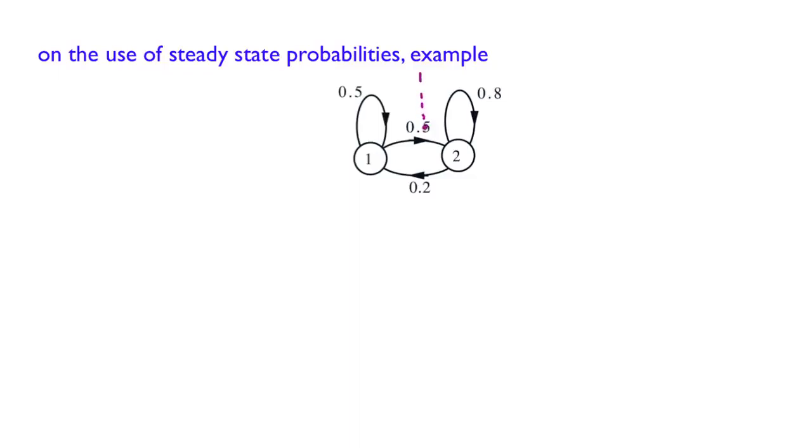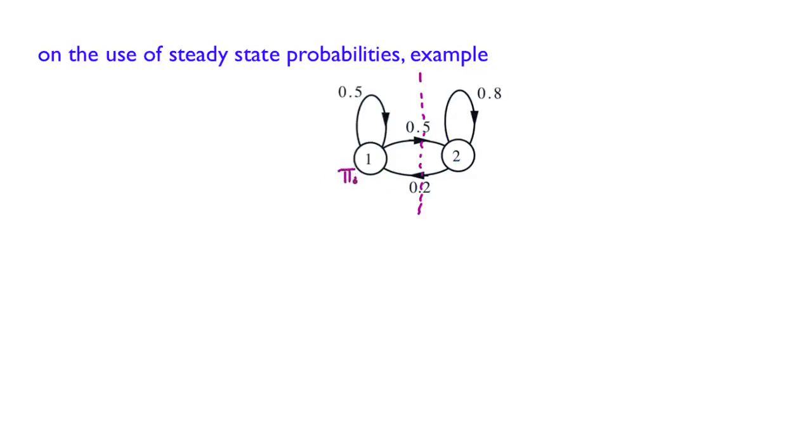As a warm-up, just to see how to use steady-state probabilities, let us look at our familiar example. This is a two-state Markov chain, and we did write down the complete balance equations for this chain and found the steady-state probabilities before. Notice that we can find these by using the trick which we introduced for birth and death processes. You cut the chain along this line and argue that the frequency of transition of this type has to be the same as the frequency of transition of this type.